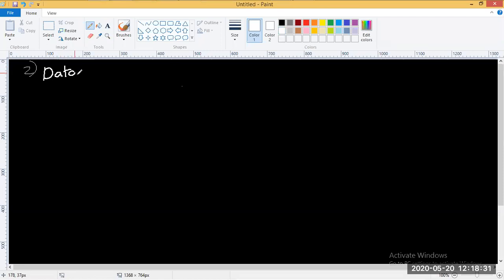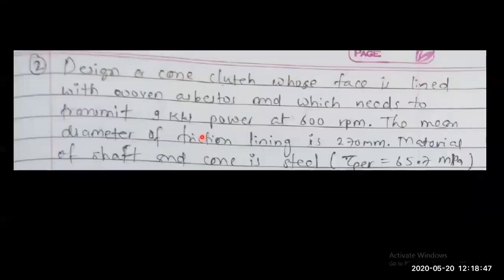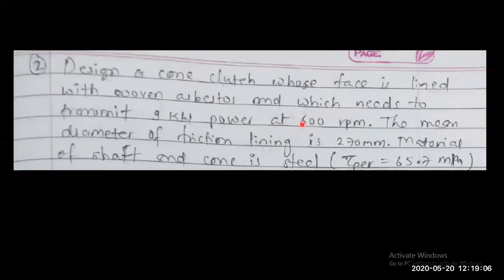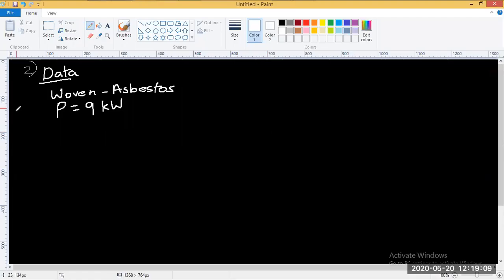Data given: woven asbestos. There is a combination of material given. Woven asbestos is coupled with steel. Okay, that's how it will be. So it needs to transmit a power of 9 kilowatt. Let's note down that too. The power transmitted is 9 kilowatt, and at N is 600 rpm,